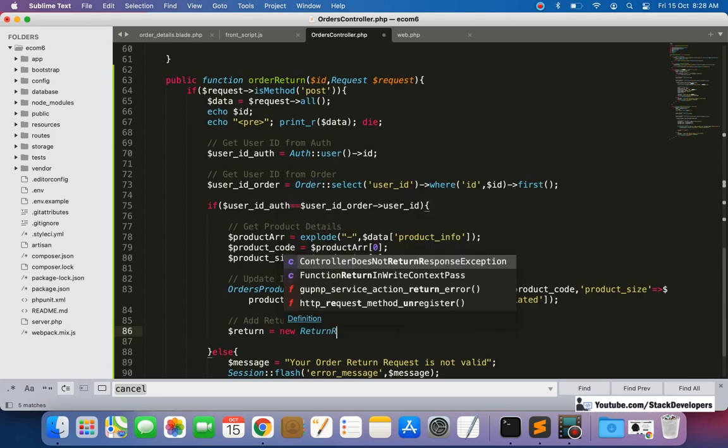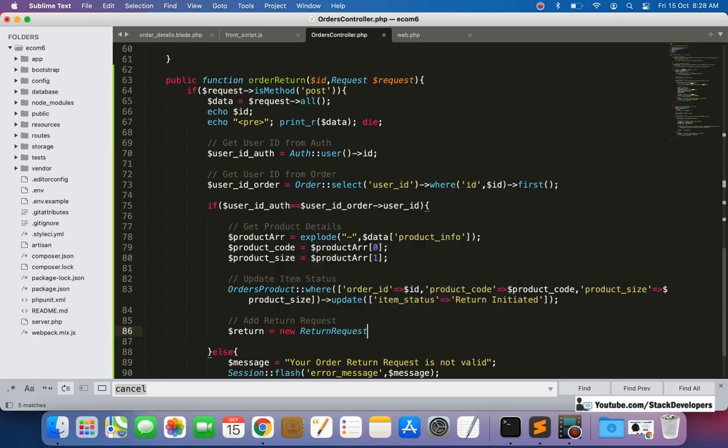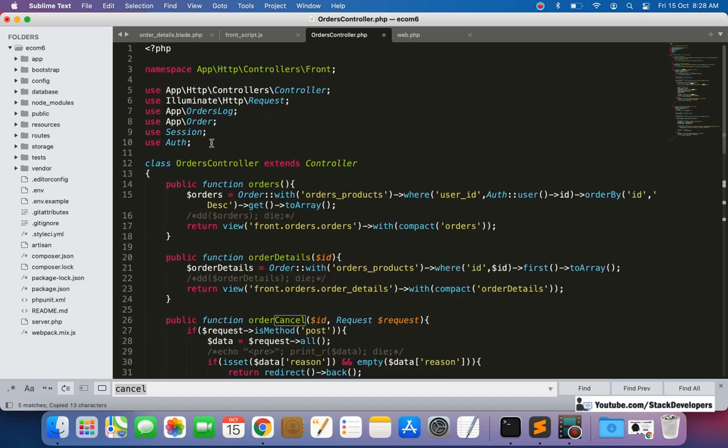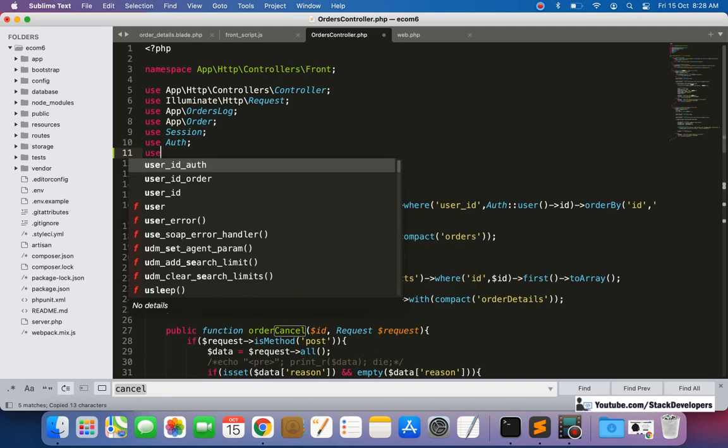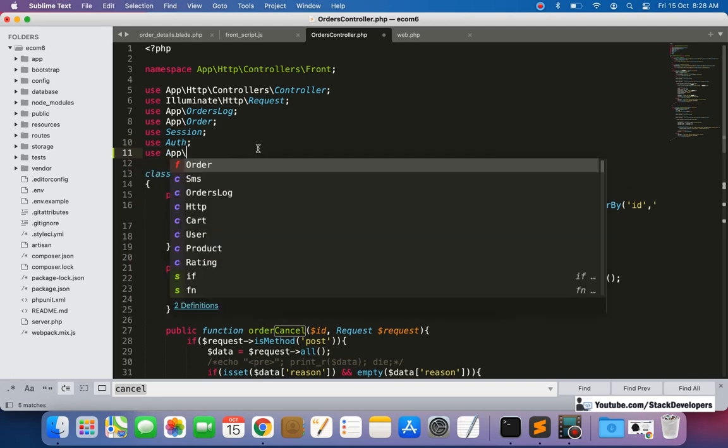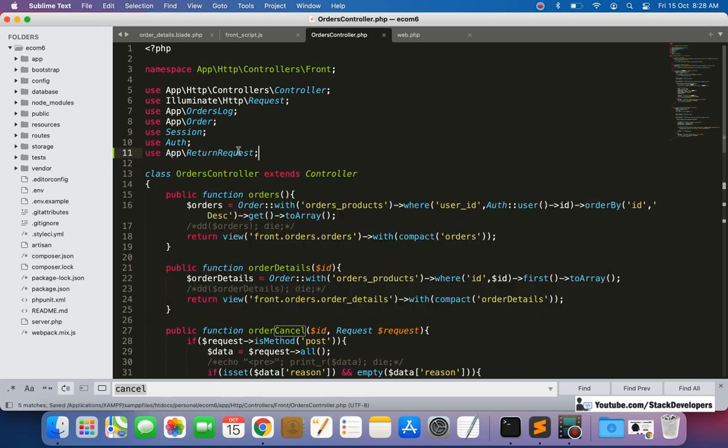In return request we are going to use a new return request model. If we have not added this return request model, we need to add it: use App\ReturnRequest. Do check where your model return request is located.